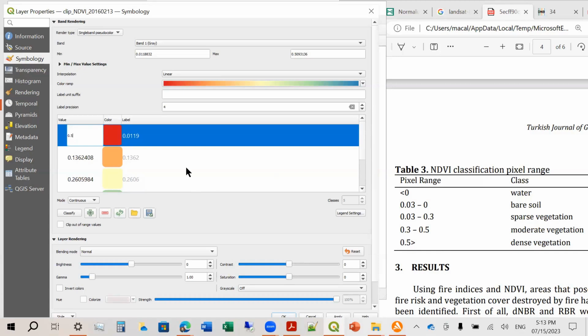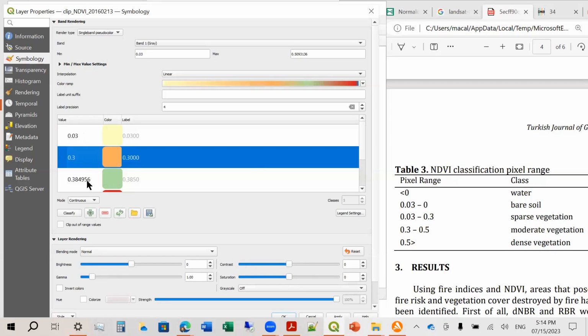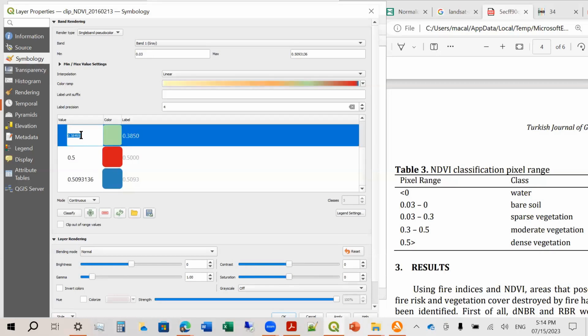So that means anything greater than 0.5 would be dense vegetation. Okay, and then orange is 0.3. And then yellow is 0.03. And then green is